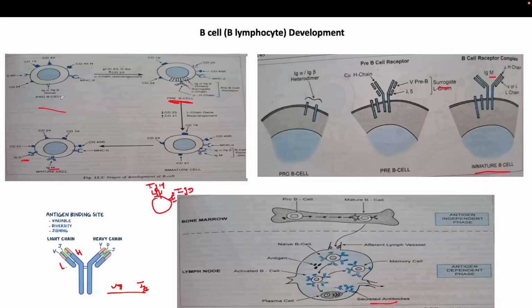And after a certain time, after getting the signal for pro B cell to pre B cell conversion, the heavy chain rearrangement will take place. Okay, in the heavy chain rearrangement this VDJ recombination will take place, meaning which kind of combination should be there. It can be like V7 D